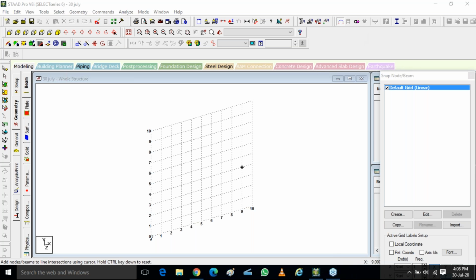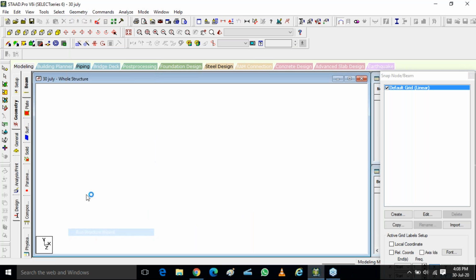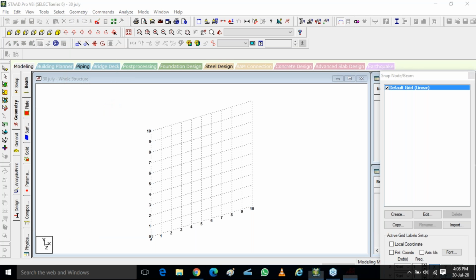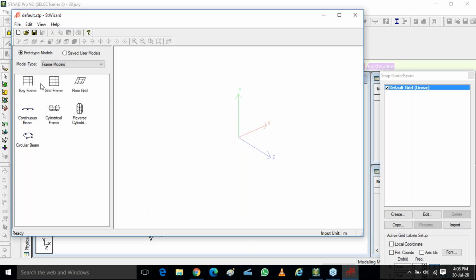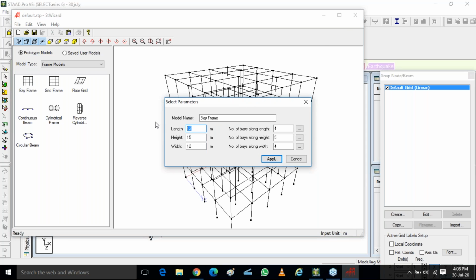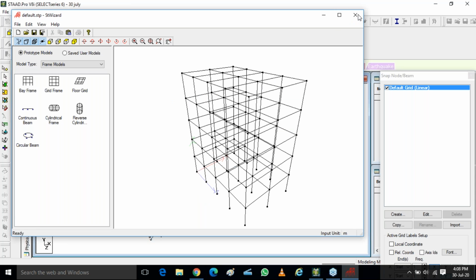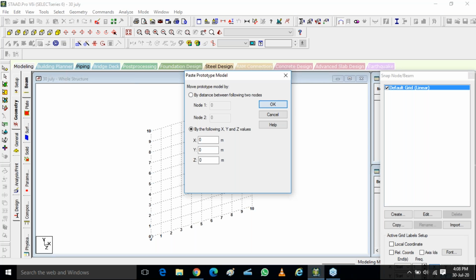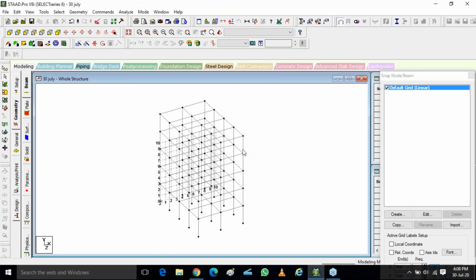So I'll start with the doubt of Vidyashri, how I can select multiple beams and columns. Suppose I have a structure wizard. I'll create a simple beam column frame. In this, if you want to select multiple beams, you can just press Control on your keyboard and select those beams you want to select.